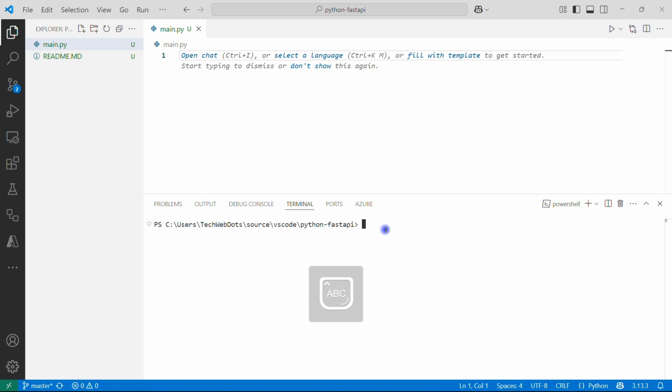The command is python -m venv and the name that we wanted to give. I'm giving FAPI virtual env. Okay, if I hit enter, it will create my